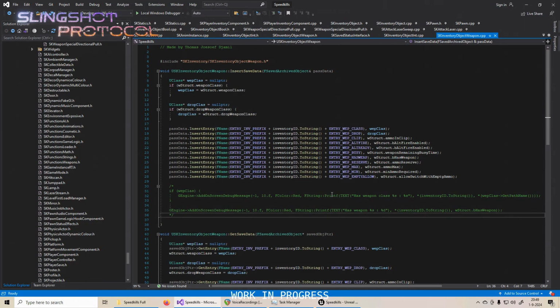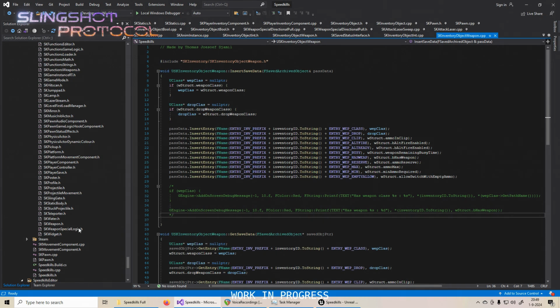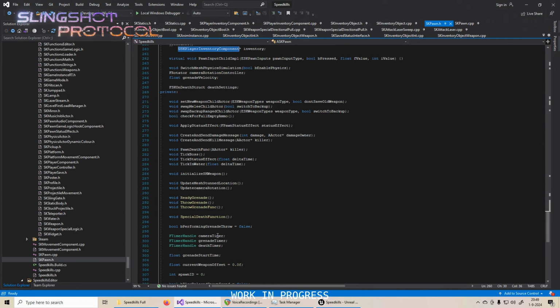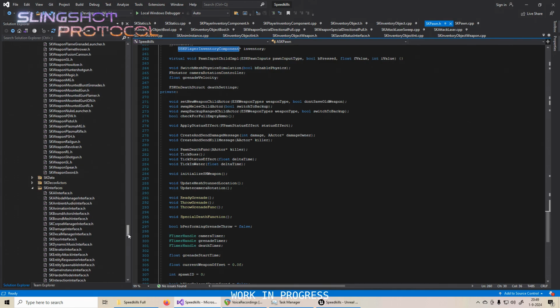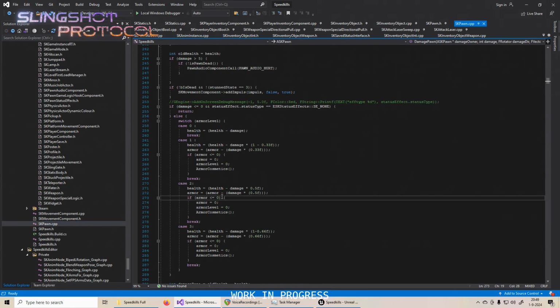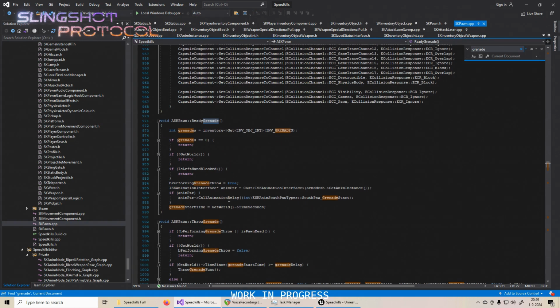I've been able to remove 10 or 12 or so interface functions from the pawn class, which is great because every function I can get rid of in the pawn class can just get handled by its own separate entity. It's just fantastic. So yeah, let's go and showcase it. So the way it works, I can probably find the grenade somewhere.